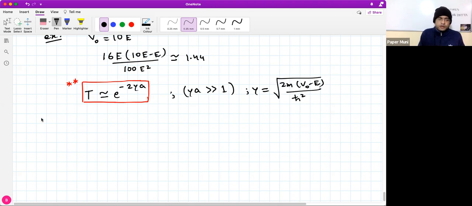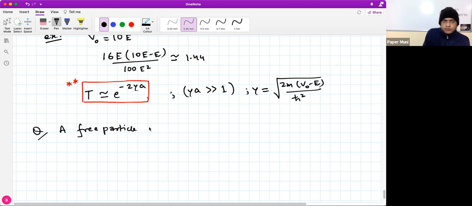This question was given in JAM, but it is relevant to all exams. A free particle of energy E